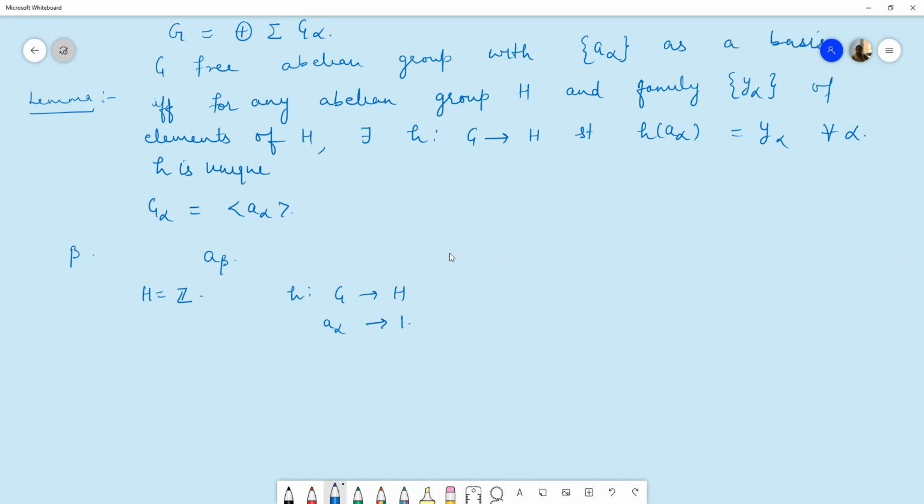So it creates a contradiction. It means G beta, for every beta, is an infinite cyclic group,